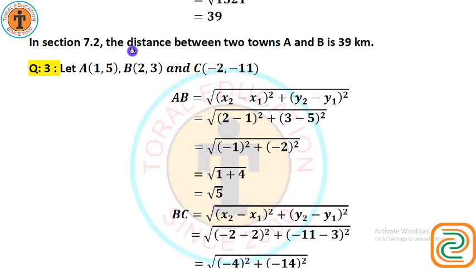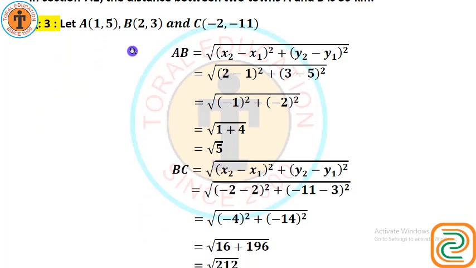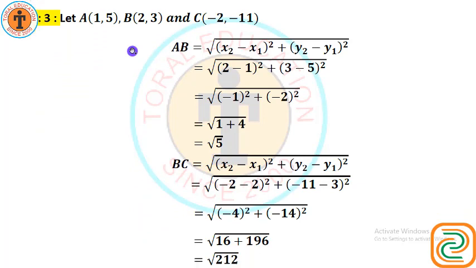Next, question number 3. Let's read first. Question number 3. Determine if the points 1, 5, 2, 3 and minus 2, minus 11 are collinear. So first we have seen collinear points, that means the sum of two sides must be equal to the third side. Then AB equals the same formula,